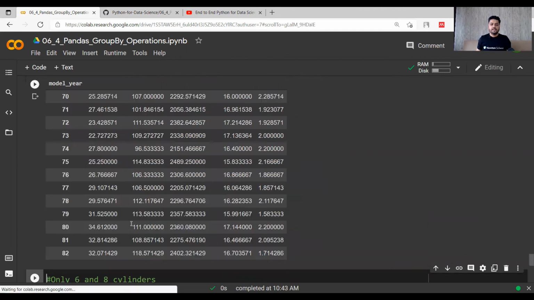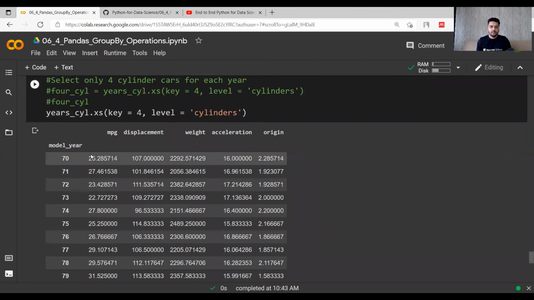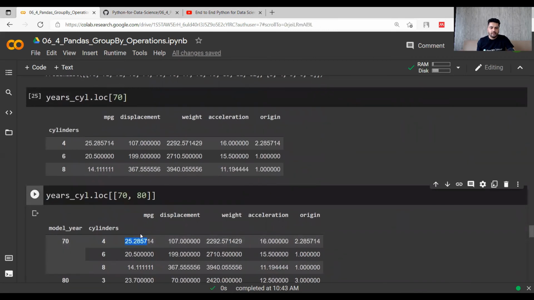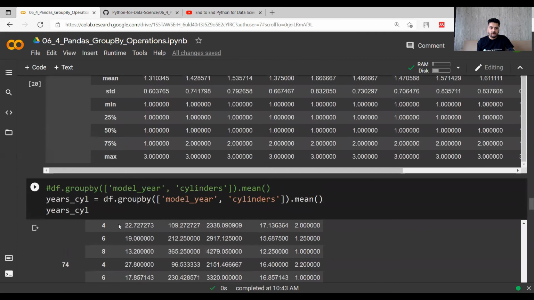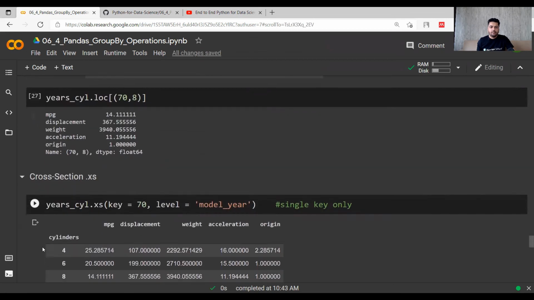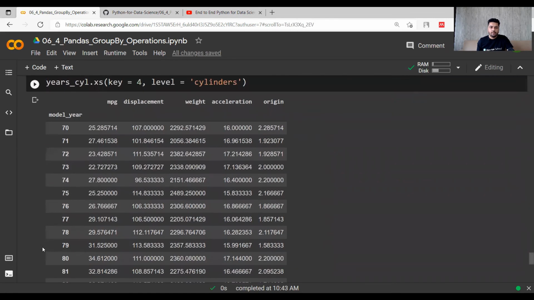So you can see in this that only those rows have come up which had 4 cylinders, 25.28, 27.46. Let us verify. So 25.28, right? And for 71, it was 27.46. So yeah, the values are correct, but now there is a small problem in this.